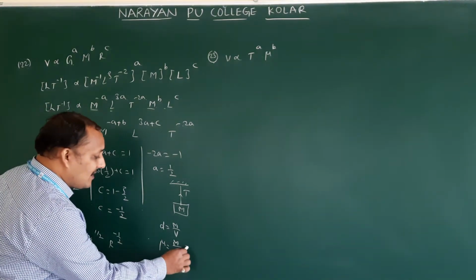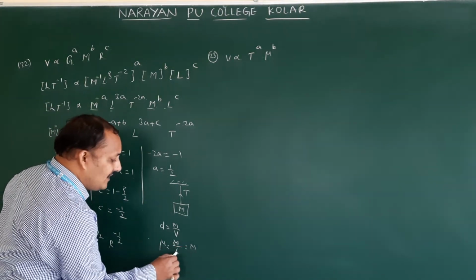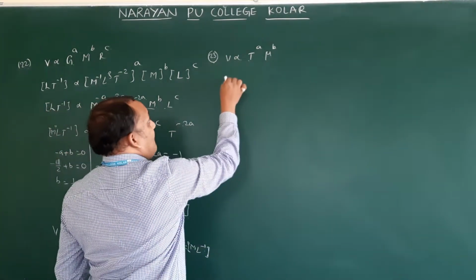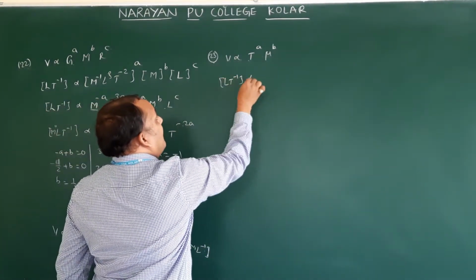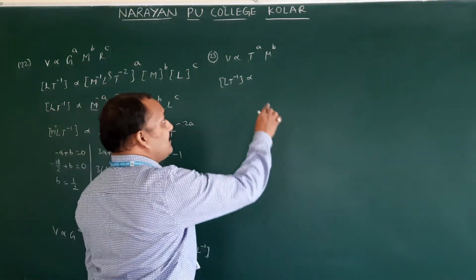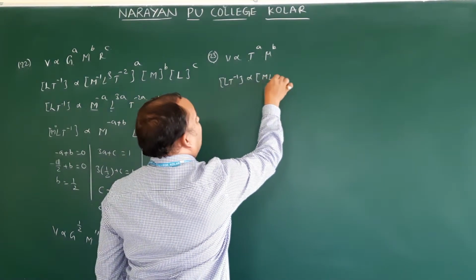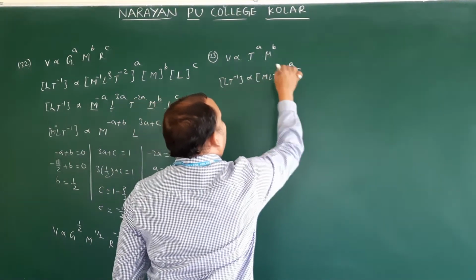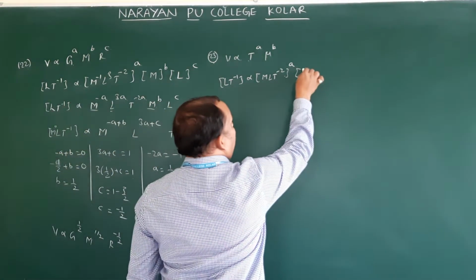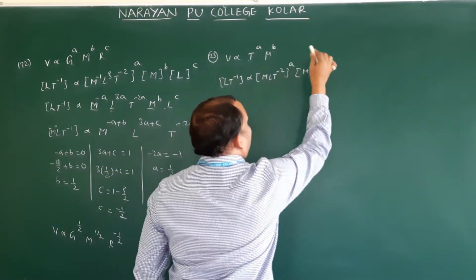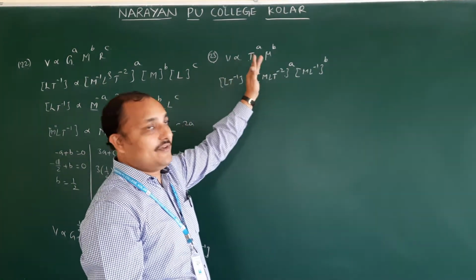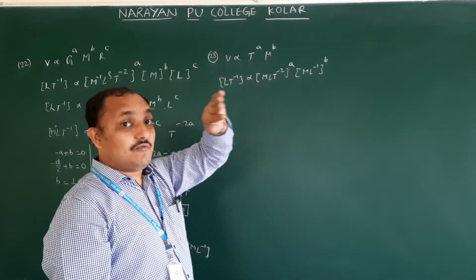Then what is the dimension formula? Mass is M only, length is L, linear density is M L power minus 1. Therefore substitute. Velocity means L t power minus 1. Tension means force dimension formula. What is force dimension formula? M L t power minus 2. So linear density, mass per unit length, is M L power minus 1. If you don't know, we cannot get the relation. You should first know the dimension formula for all physical quantities in the relation they are giving.